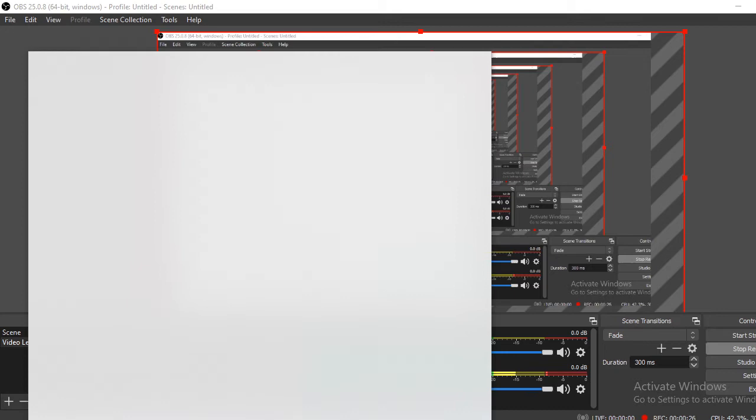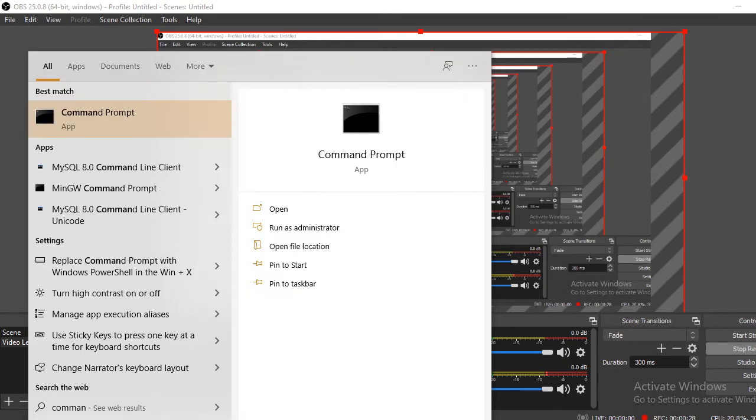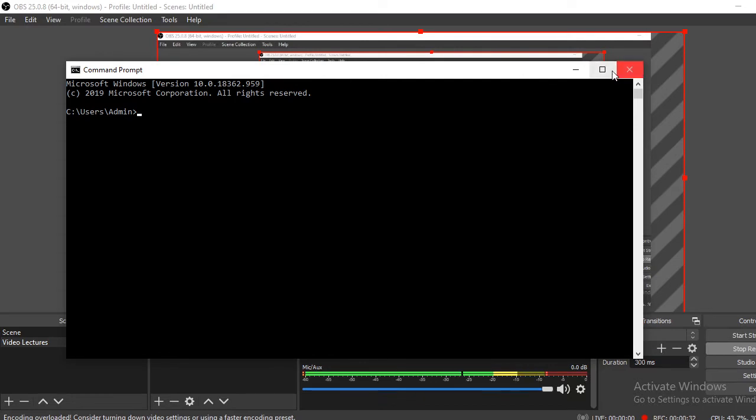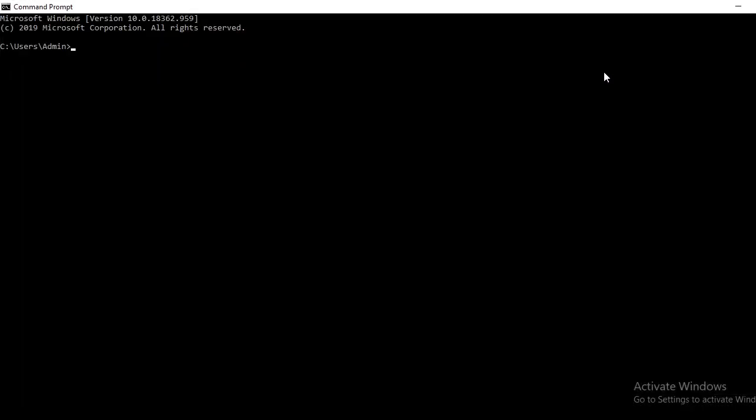You can search here for command prompt. If you search for command prompt, it will come up and you can just select it. You can use either, which depends on you. If you can remember the command, you can just press Windows plus R and press enter. Otherwise, you can just search for command prompt and click on that. Then the command prompt will open like this. So this is the command prompt of Windows.